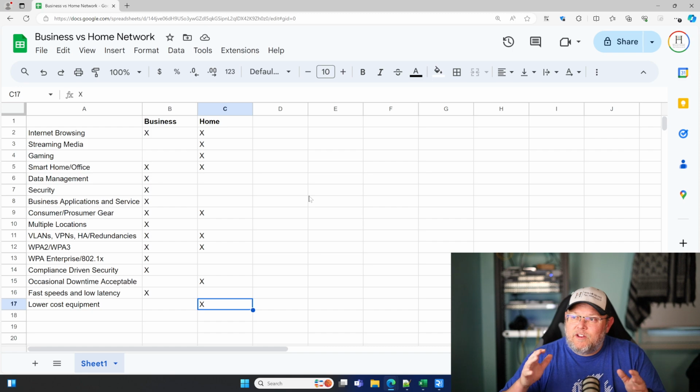I hope this gives a little bit of a better idea. I don't know that it muddied the waters. I'm hoping that it kind of cleared this up, because I've really been thinking about this, and let me know what you think down in the comments. I think we're on the right track here. But let me know if I missed anything. Let me know what your opinions are. Let me know where you draw the line.